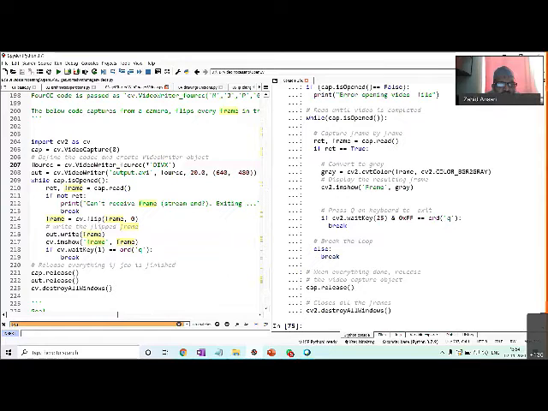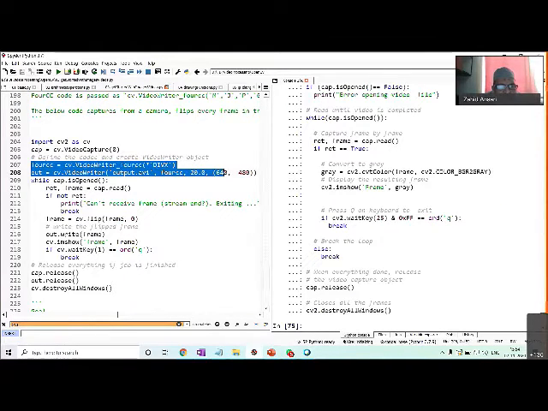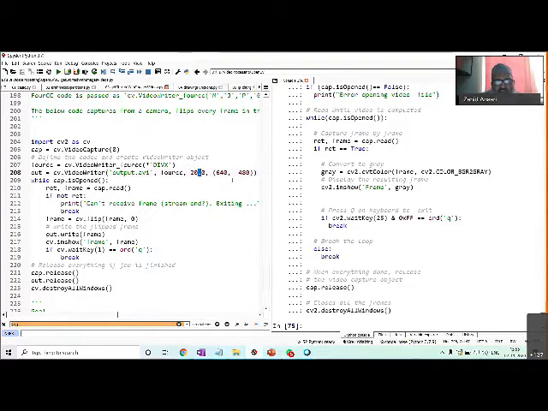You need to create a fourcc codec. You need to create a video writer. Then on the video writer, you call the method write and you pass the frame. Then it will go over there. While creating the video writer, you are specifying the output file name, the codec, how many frames per second you want to write, and then the dimensions of your frame. So it will save it over there. Okay, so this way, the basic video handling you can do.